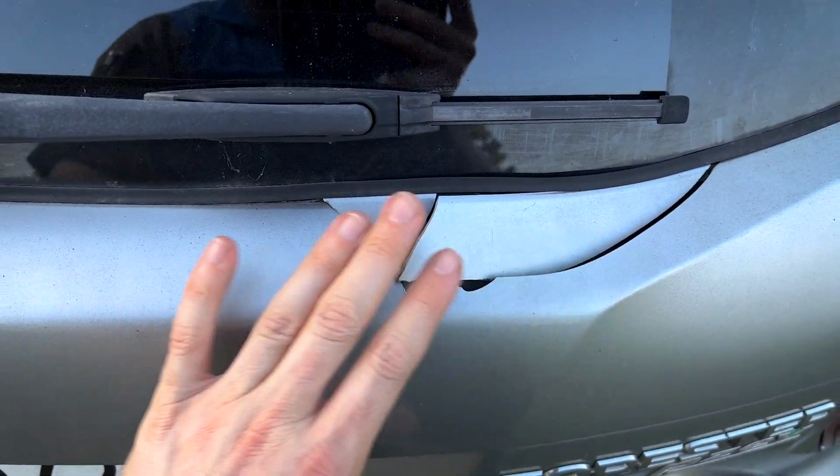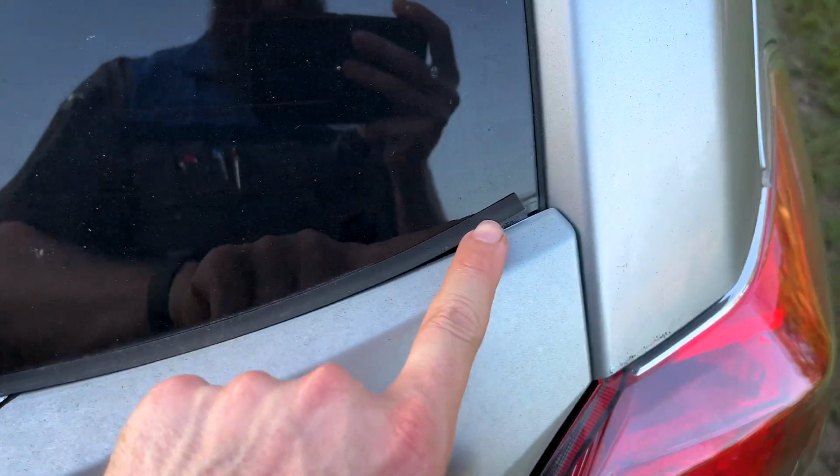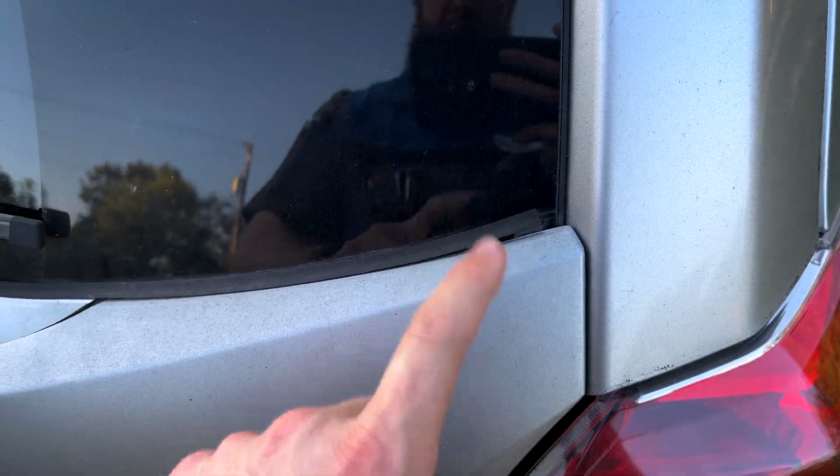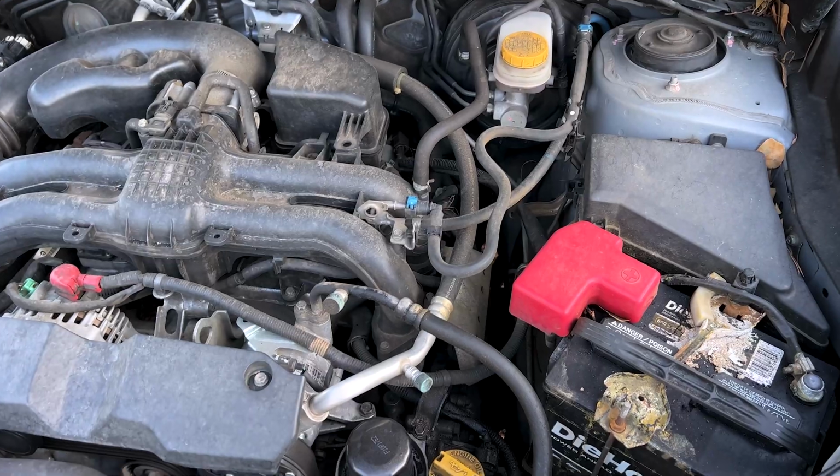I believe this rear garnish panel from Subaru Parts Deals is about 85 bucks. And then the little weather strip here is another like 20 bucks. So time to look under the hood. Let's see how good this thing is,